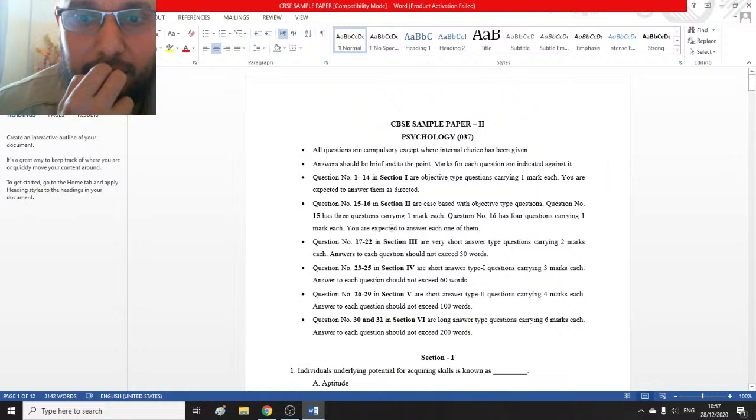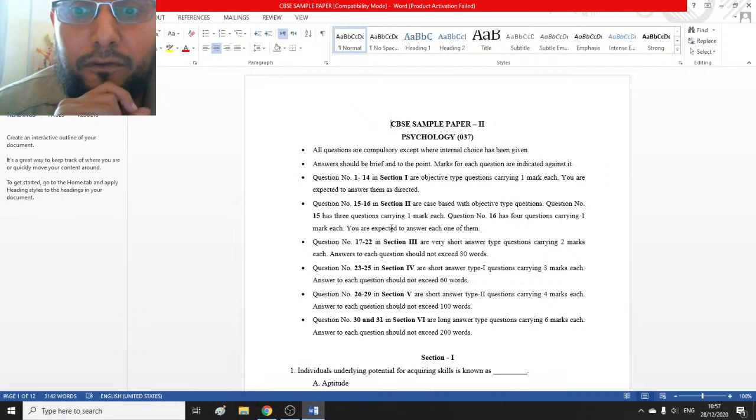In our previous class, we discussed sample paper 1. Now today we will see sample paper number 2. You know that in the current psychology year, we have 7 chapters in our syllabus, and within the 7 chapters you need to answer 31 questions. Look into these instructions before the beginning of the examination or the paper.